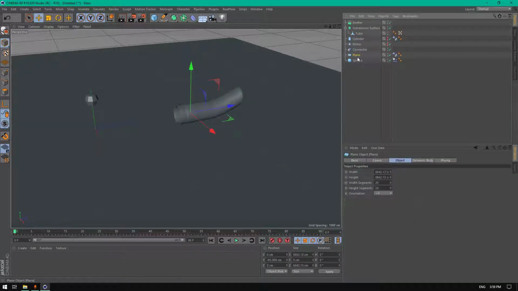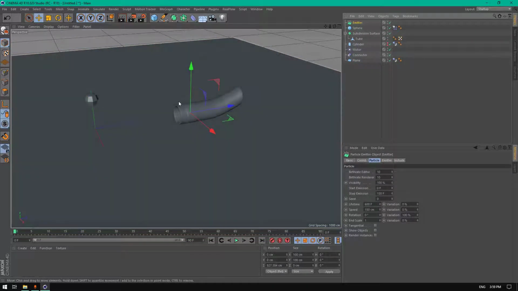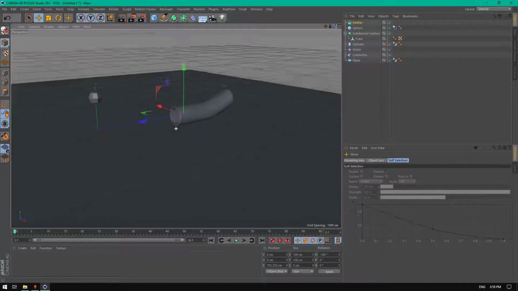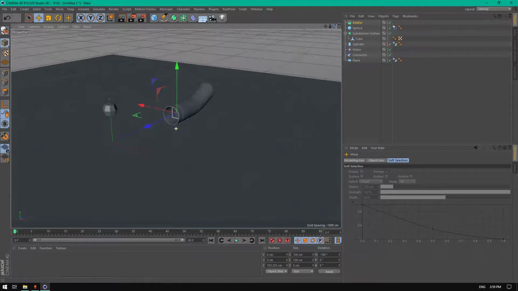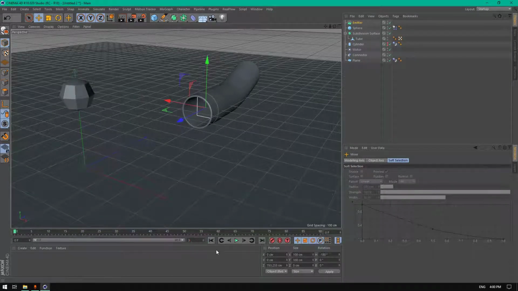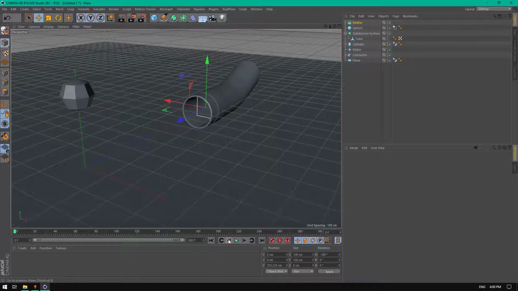Let's place the plane here. So the emitter will be here, as you can see, and it's rotated minus 180 degrees or 180 degrees. It's okay with that. Perfect. If you play it, we have some particles coming out from the pipe. Let's increase frames to 300 frames, and